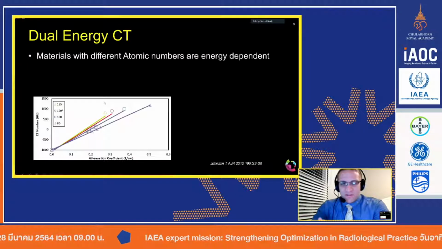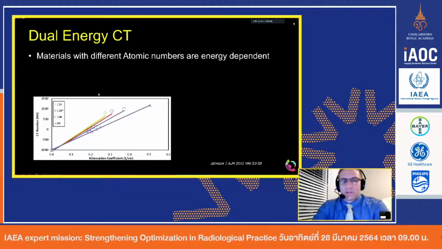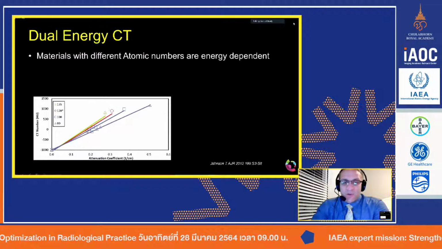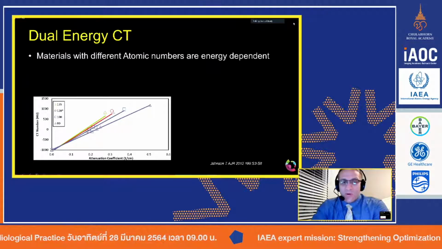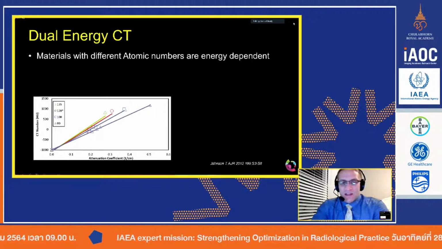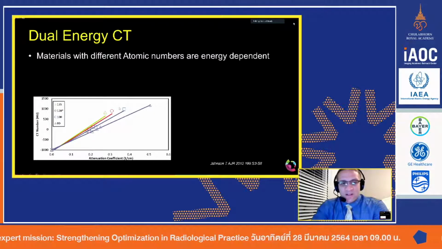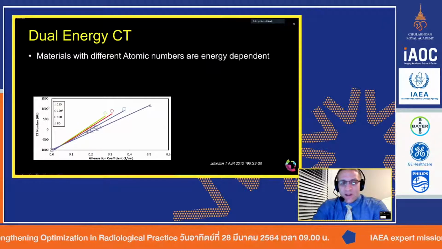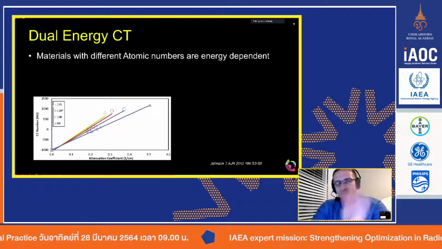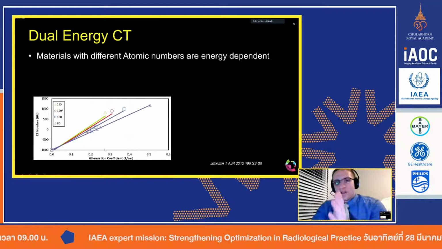Now, you've probably noticed this effect if you've ever put an ROI in an image. So it's just a normal clinical image that we've created. If it's, for example, bone, and we acquire it at, let's say, 120 kV, this red circle, well, that CT number is going to be a value. Let's say it's 900. Now, if we've imaged that exact same person or object at a lower energy, and we put the ROI in their bone, their CT number is going to be much higher. It's going to be over 1,000 Hounsfield units. The idea that the CT numbers would change with different energies is the fundamental reason, because there are different attenuation coefficients for each of